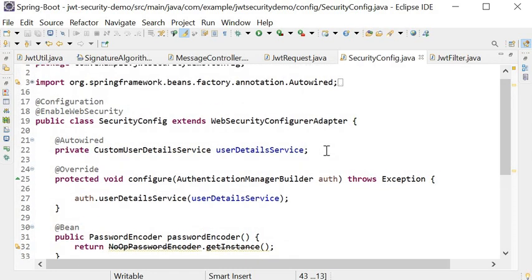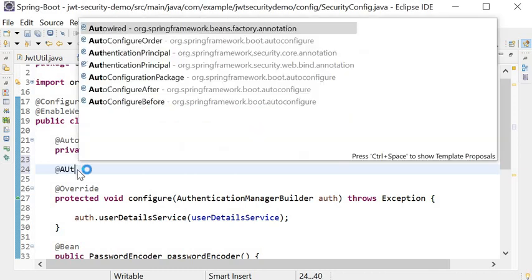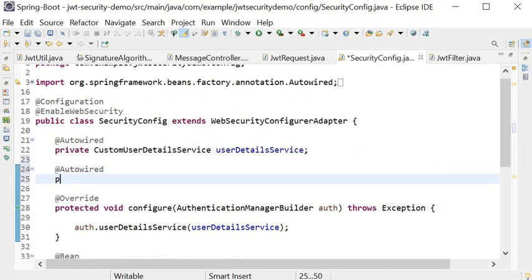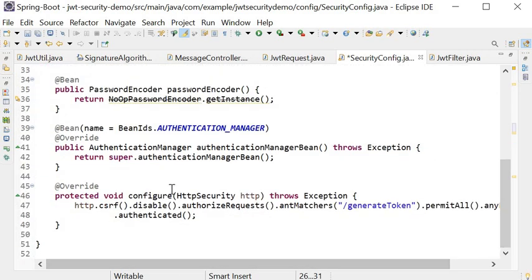Here I will define the @Autowired annotation and inject the JWT filter. Then I will go to my configure method.